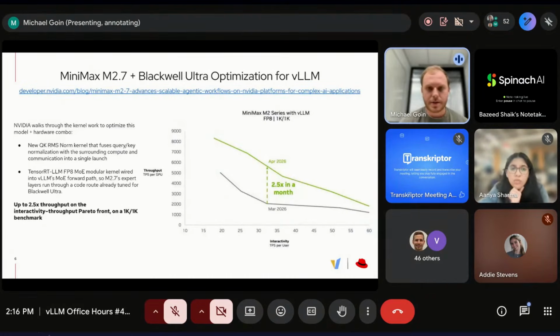I've been working closely with the team here on landing these changes, and the numbers speak for themselves. Without needing to change anything in the deployment config, just updating the version of vLLM, we're able to see a 2.5x improvement in throughput at a fixed interactivity or latency level across the Pareto frontier on Blackwell Ultra,